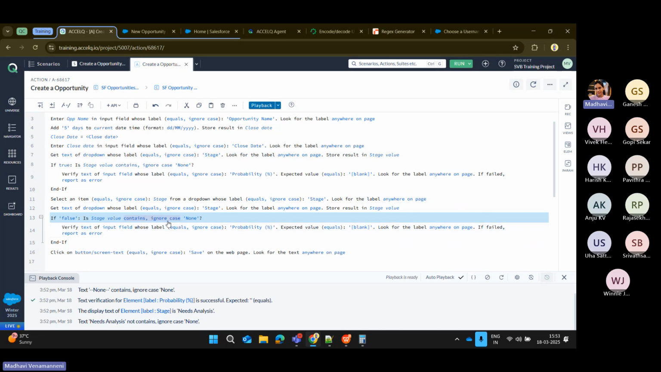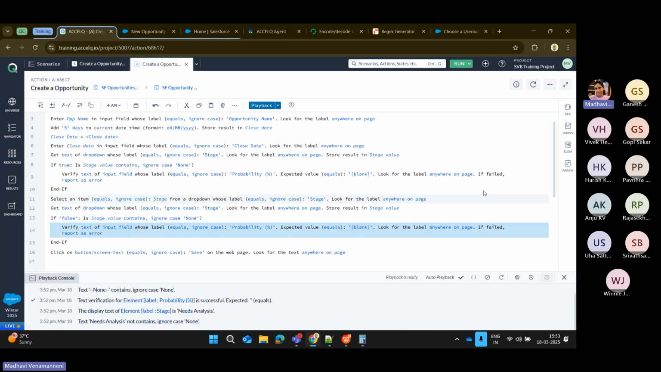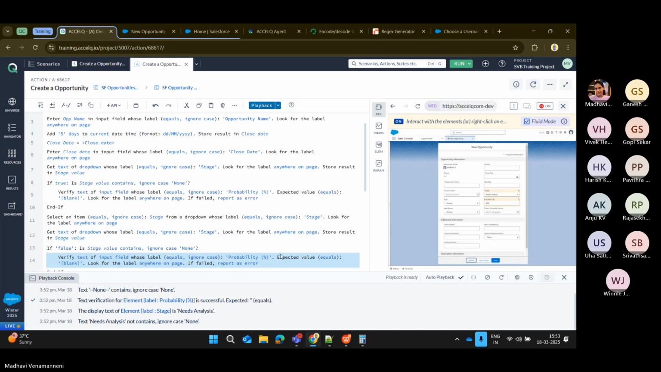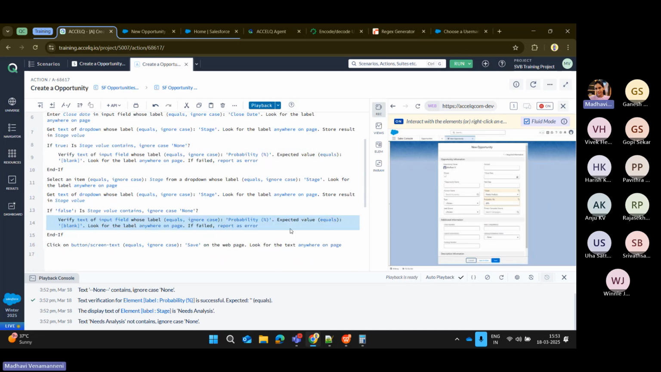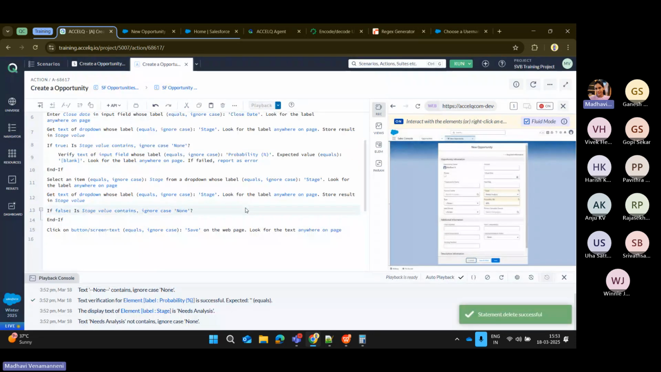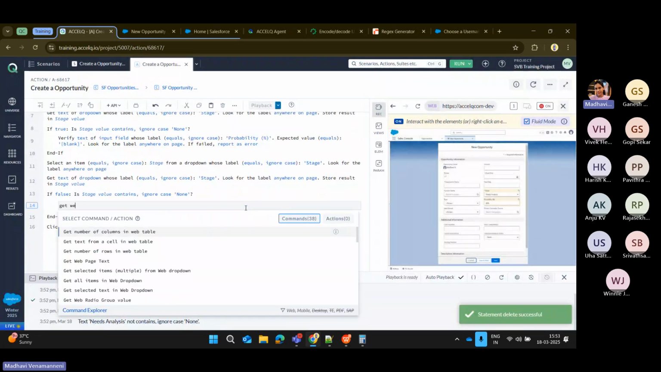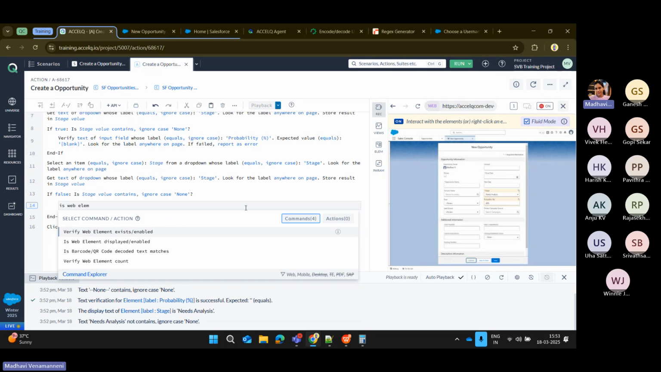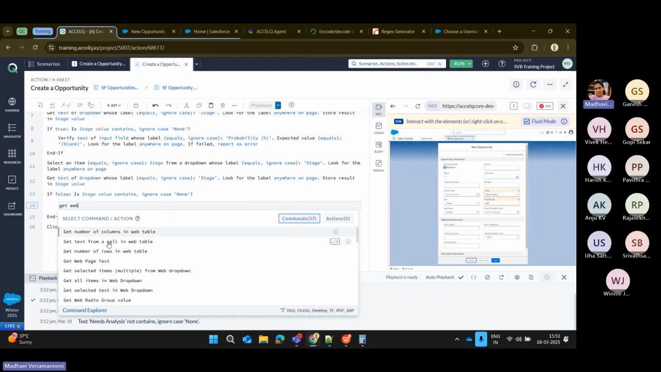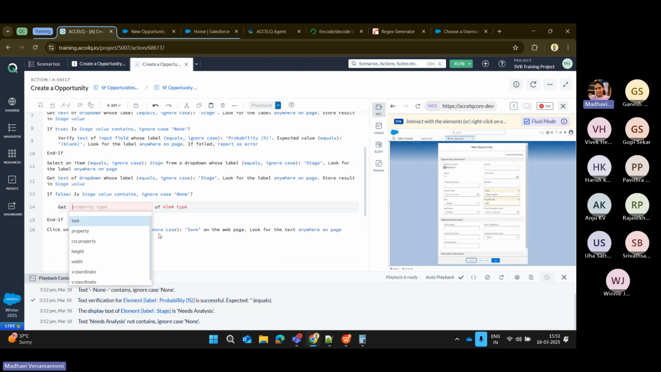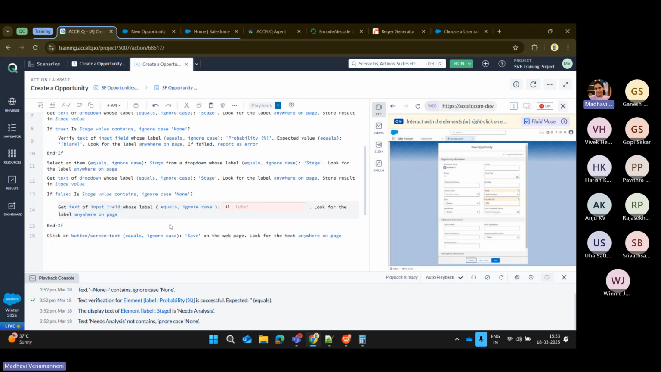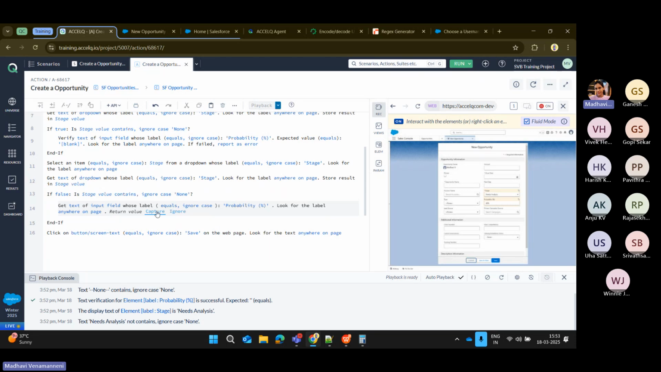Okay. If it is false, then it should not be blank. So I'll just delete this command and I'll say verify web element displayed, enable web element. Then I'll just say get web element property slash text, and I will say input field probability, store it in the same value,